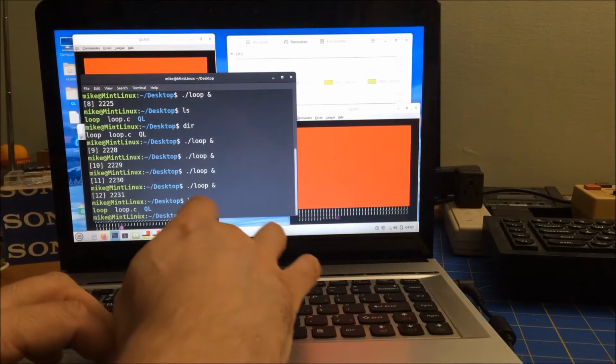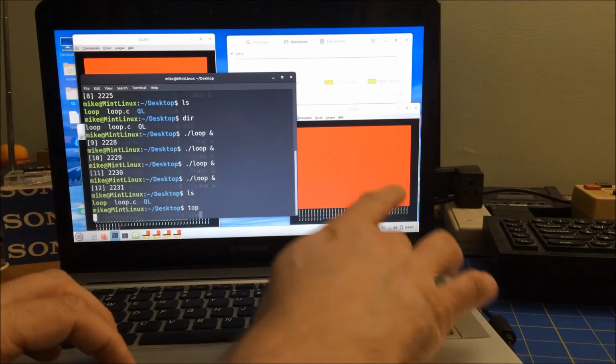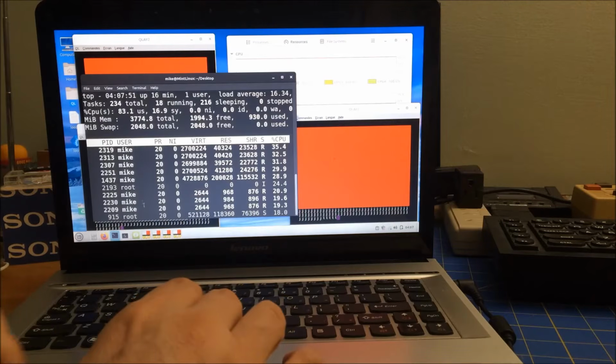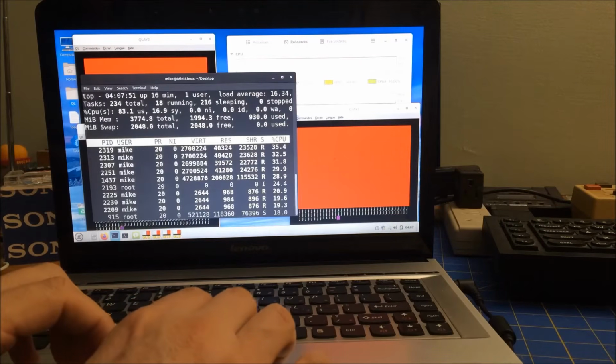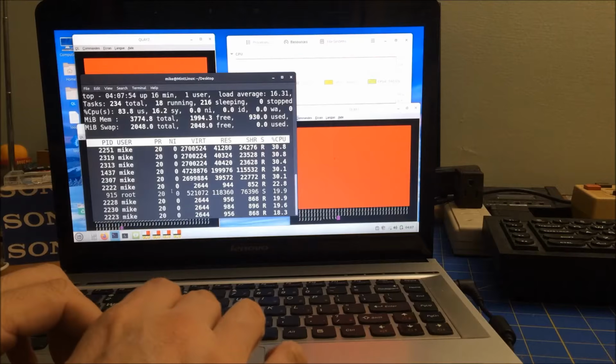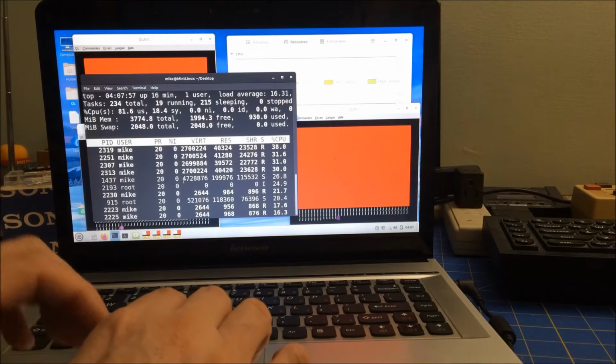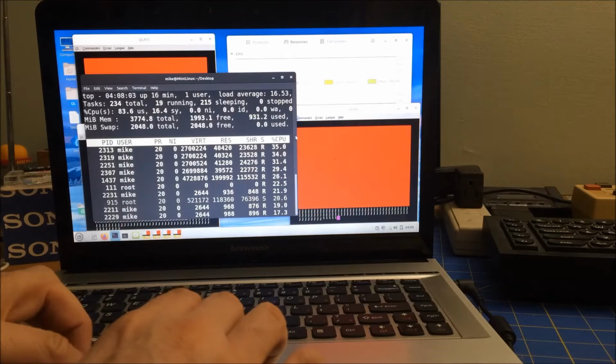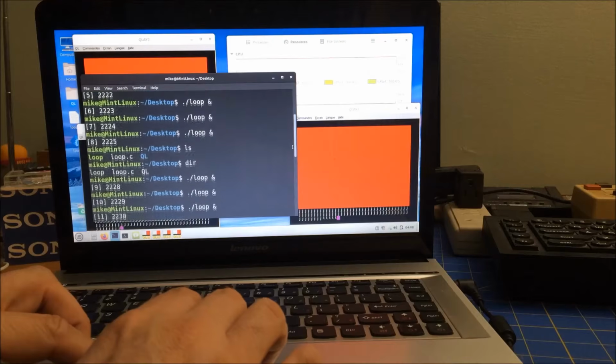So if we do top here, just trying to hit the crap out of this. And you can see, again, I'm not messing with priorities, so they all have the nice value of 0, right in the middle. If you do negative 21, that's the highest. But I'm not going to do that. I'm just running it